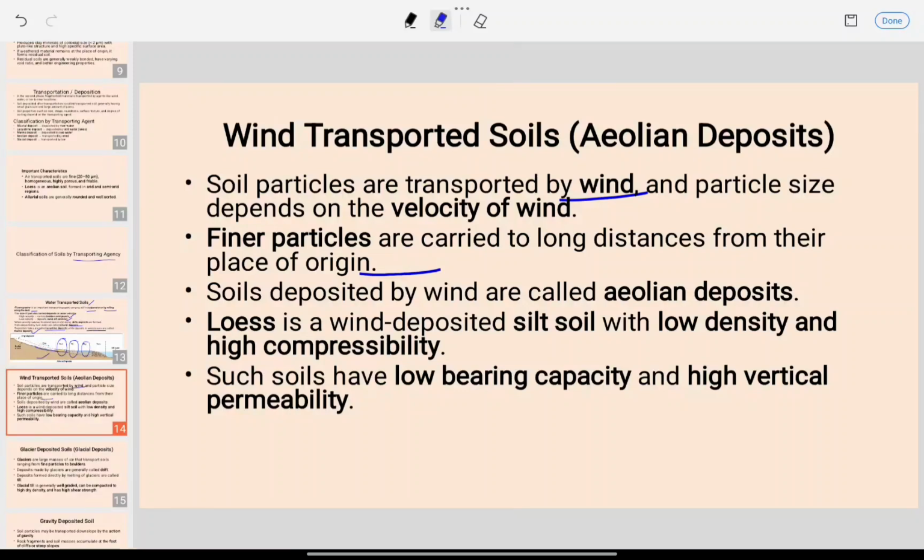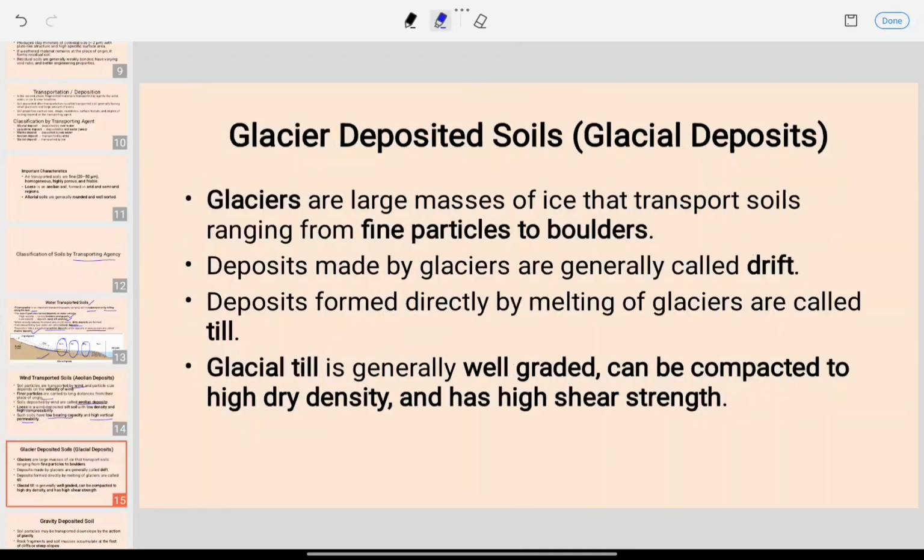A common example of this type of soil is loess. Such soil also has low bearing capacity and high vertical permeability. So wind acts as an important transporting agent, especially for fine soil particles, and the deposited soil is known as aeolian deposits. Another important transporting agent is